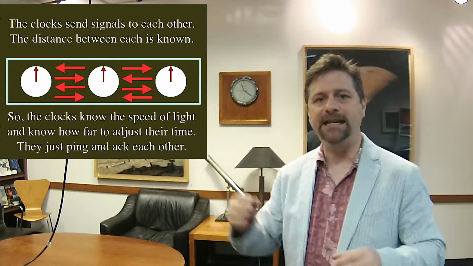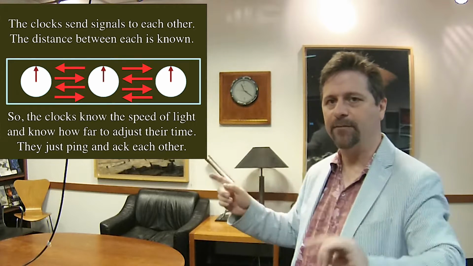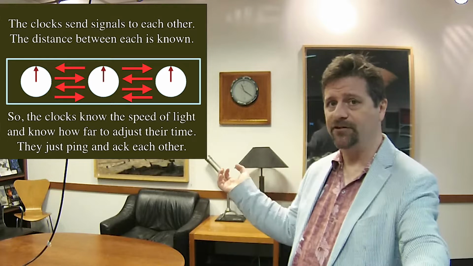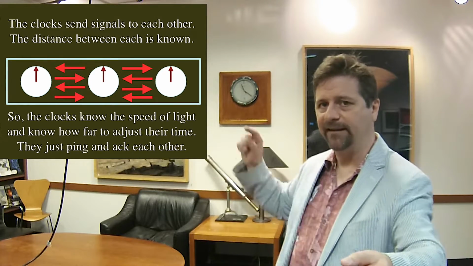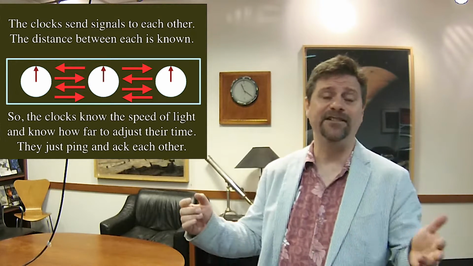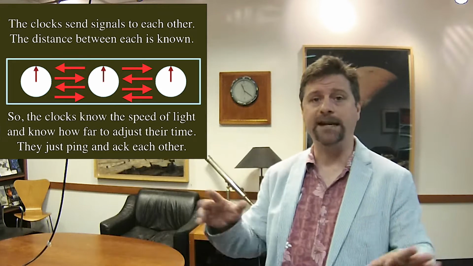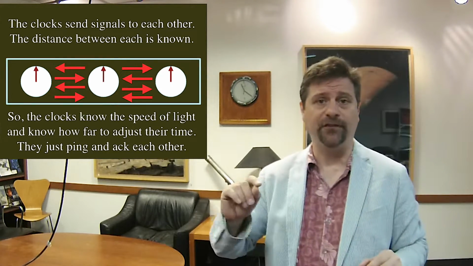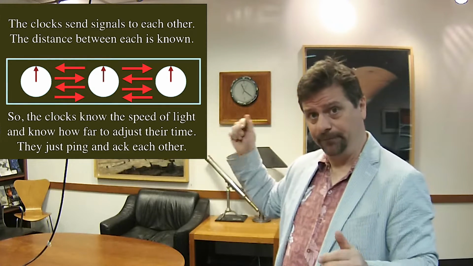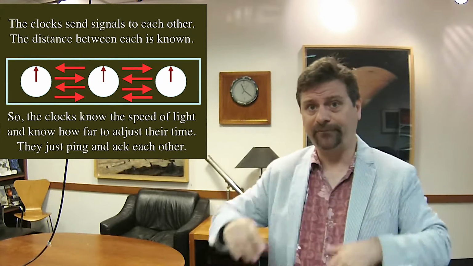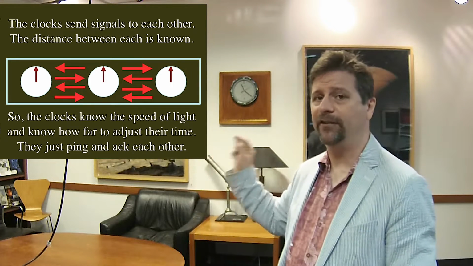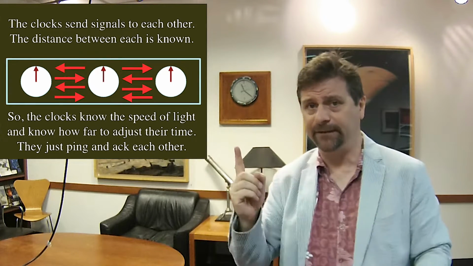And how do they link with each other? Well, I lay down a series of meter sticks. These are smart clocks, they're mechanical, but they're smart. So I lay down a meter stick between them and say, okay, from this clock to that clock is exactly 2 meters. Great. So now the master clock knows that when it sends a signal, the far clock is exactly 2 meters away.